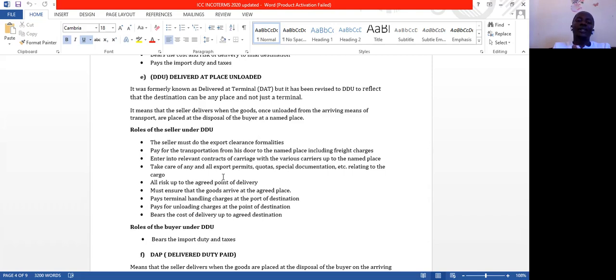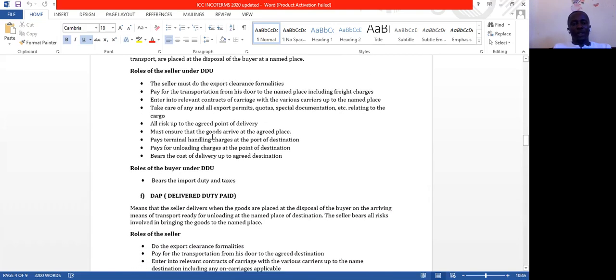So it means that the seller delivers when the goods, once unloaded from the arriving means of transport, are placed at the disposal of the buyer at a named place. What are the roles of the seller under DPU? The seller must do the export clearance formalities at your port of loading,